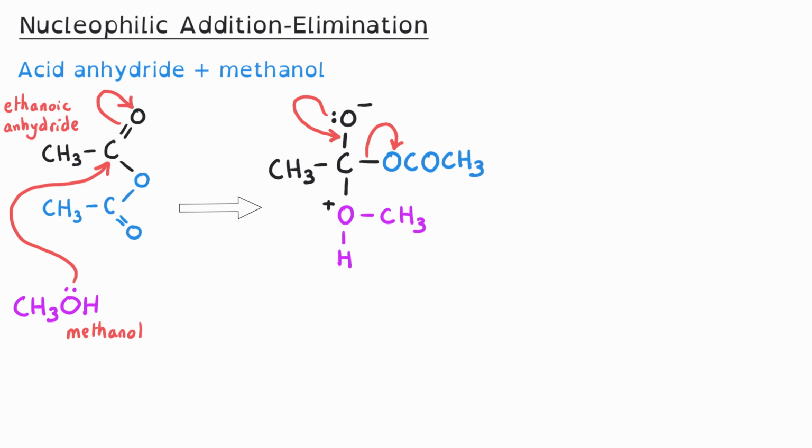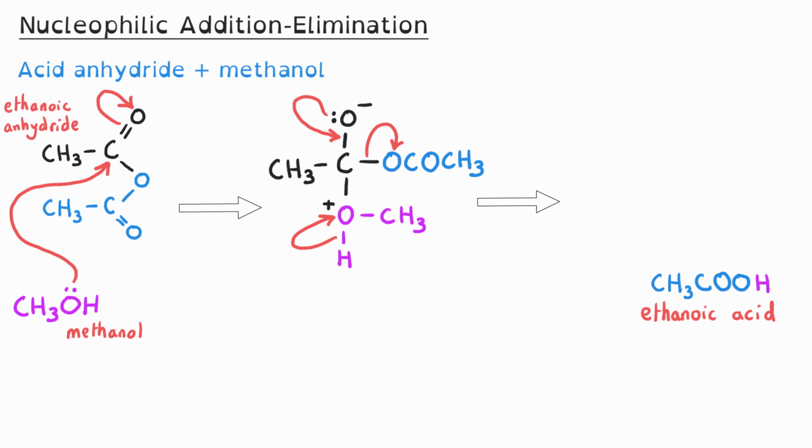The oxygen is going to take both of those electrons and leave this organic molecule. And the nucleophile part of the organic molecule needs to have its charge stabilized, and so that oxygen will take both of the electrons from one of the covalent bonds that it had, and it will take it from that hydrogen atom because that bond is easier to break, and so the hydrogen atom will also leave this molecule, and it will combine with the rest of the acid anhydride that left this molecule, and we will see the formation of a carboxylic acid. And in this case, because I was using ethanoic anhydride, we would produce ethanoic acid as